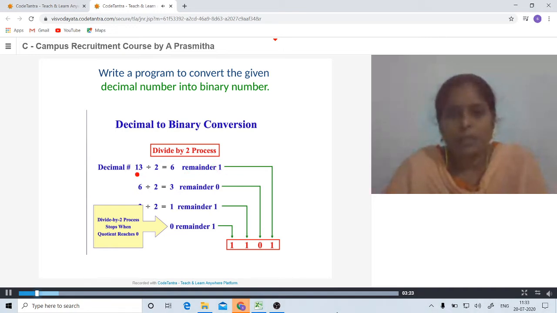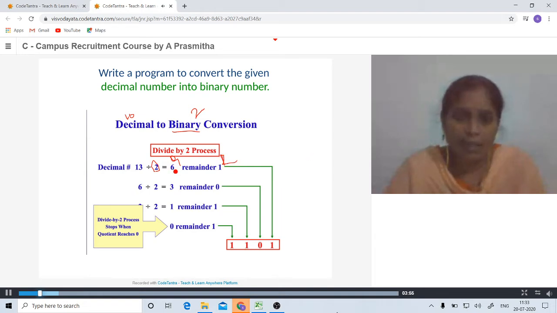So we take a number and divide it by 2 because we want to convert it into binary. Binary means 2, and decimal means base 10. So we are dividing with 2. This is our quotient and this is our remainder.